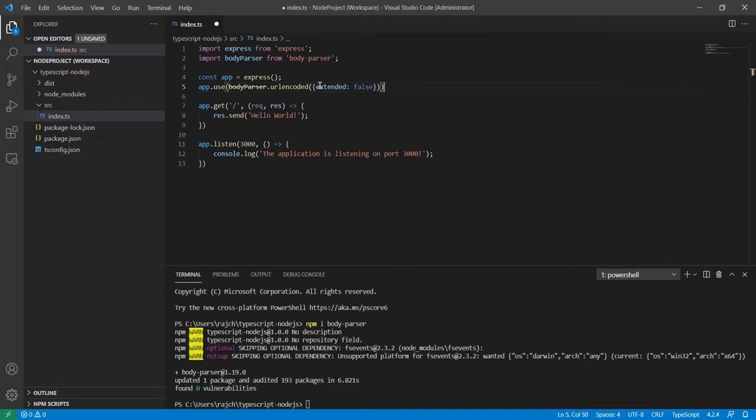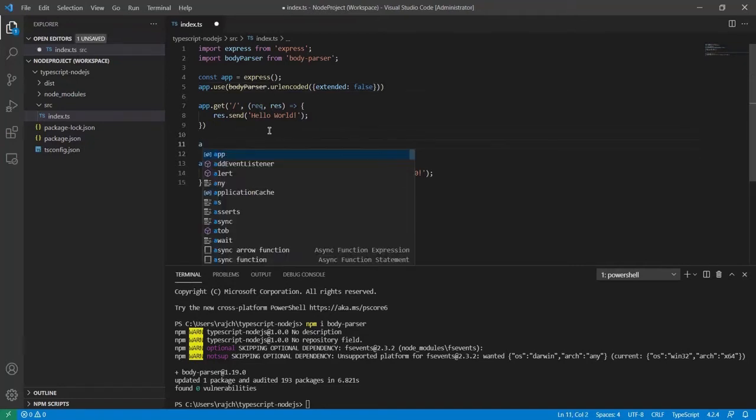So first I will receive the request from URL encoded, and now I need to create a POST request.